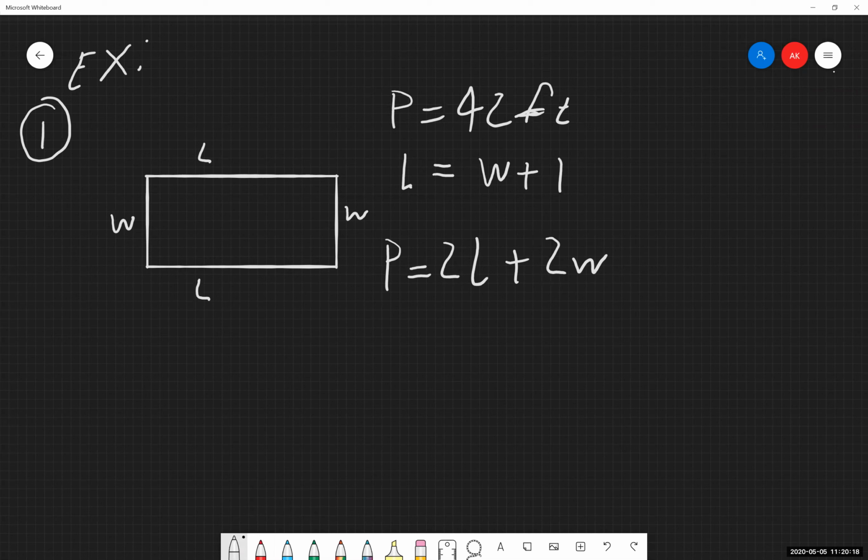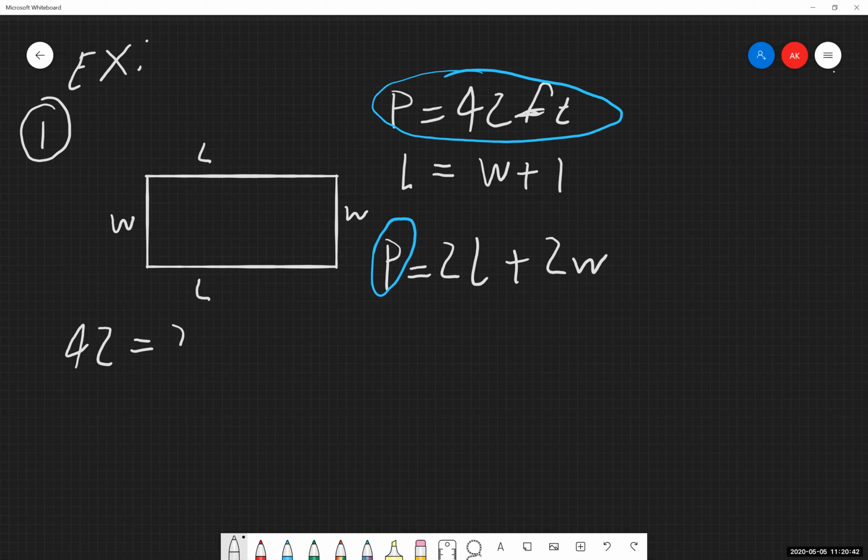Okay, the perimeter of a rectangle is 2 times the length plus 2 times the width, essentially adding all of the sides together. Now we have been given the value of the perimeter, so we know the perimeter from up here, which means you can plug it in for perimeter down here. And I'm going to rewrite that in the line below. So all I've done is just rewritten that, the perimeter, knowing that value.